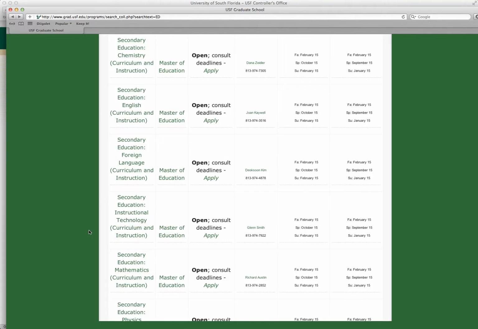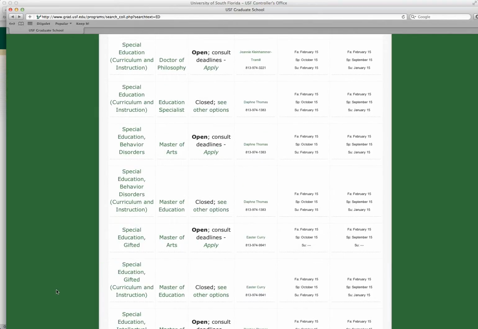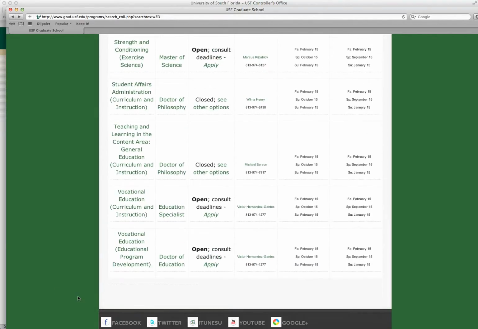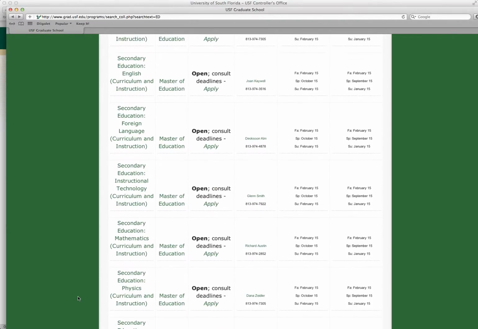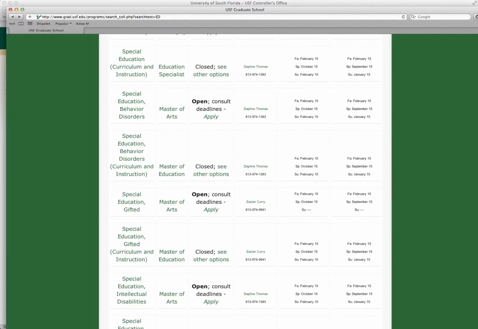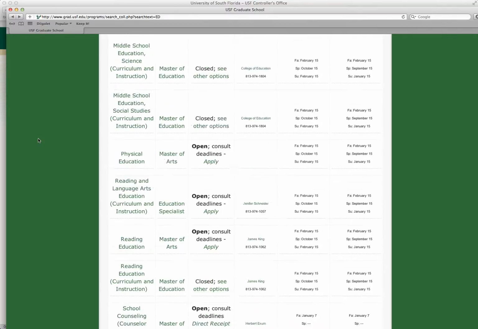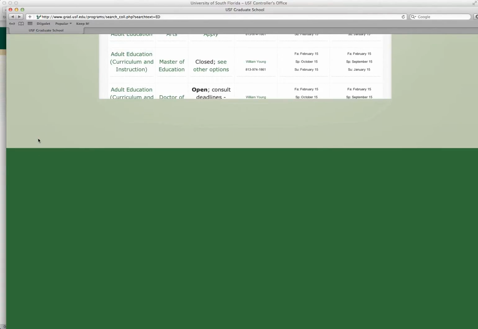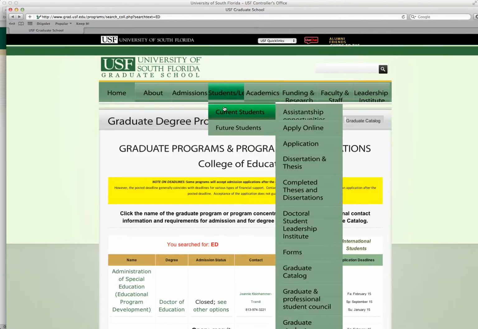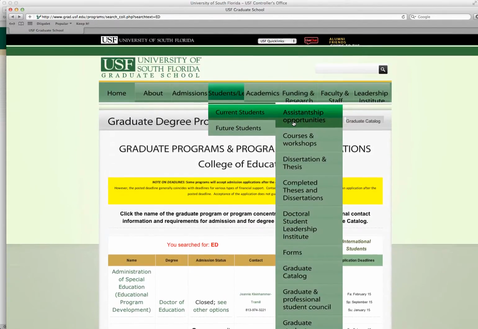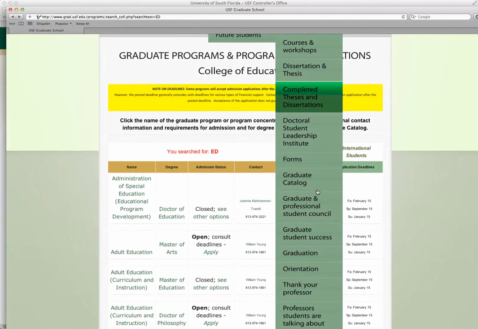I don't know. Let's see, and there's no technology. And we have specified it is in the College of Education. So let's see if we may need to look somewhere else for this, because there's other areas, academics. So we went into future students, graduate programs, maybe current students. We'll see what's down here. Graduate success, graduate catalog,